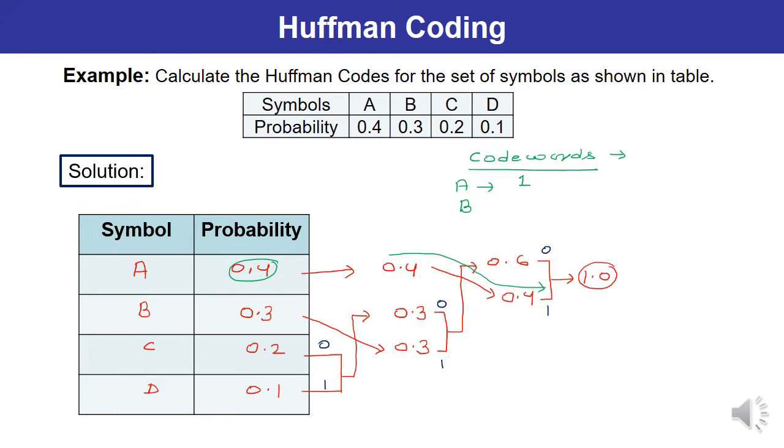Now let us write the code for B. See, what is the associated probability for B? Associated probability is 0.3. See, this particular term is at this point value is 0. Then it is contributing to this 0.6. So 1, 0. Now write down the code words from the right to the left. So what the term you are going to write? It must be 0, 1.